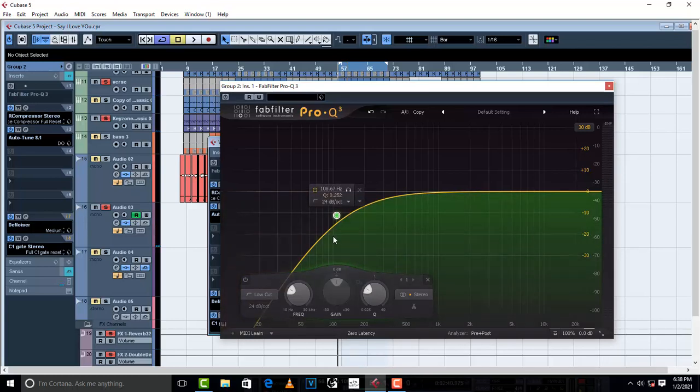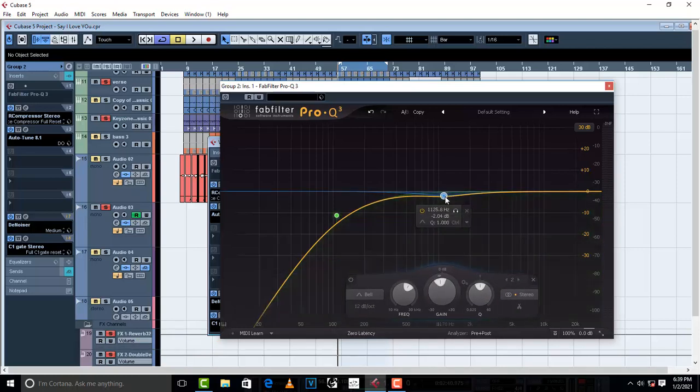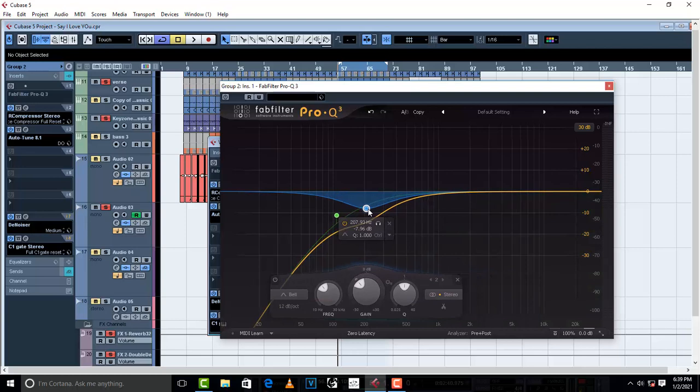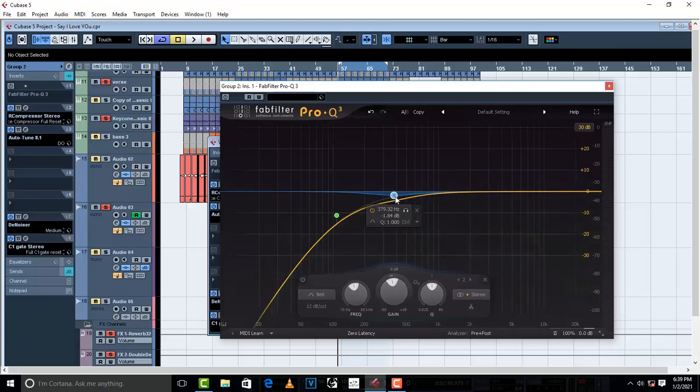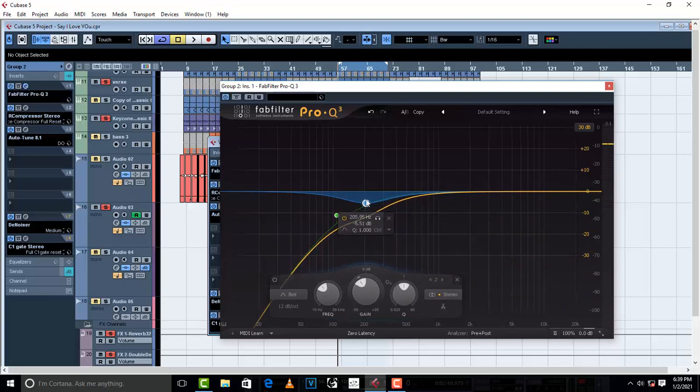So we have cut a little bit of the low. We have removed that low dirt, which our ordinary ears cannot hear. Now I'm going to do it dynamically. I want this area, about 200, to be EQ'd dynamically. So this is what I'm going to do. I'm going to get this and bring it down here to about